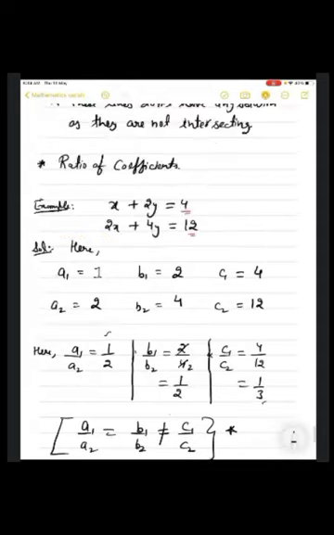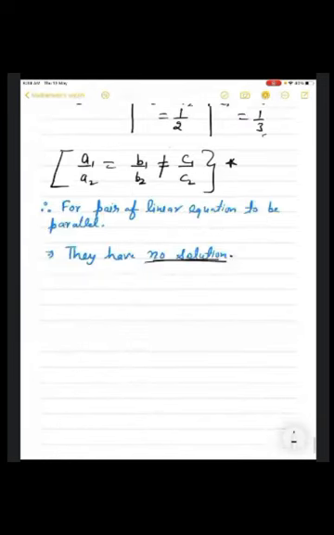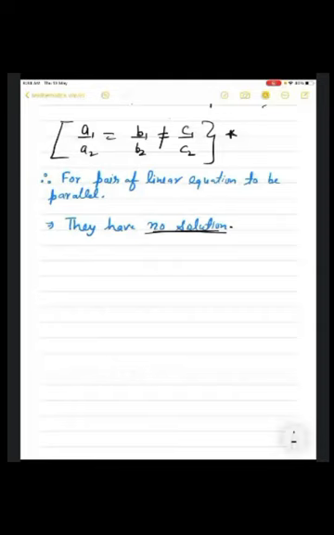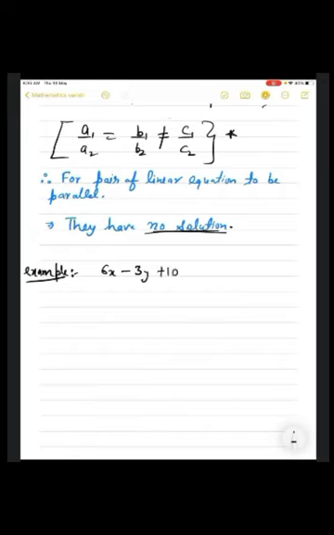So I'll be giving you another example. Just tell me whether you are now through with all three conditions. Are you able to see all the three conditions? Can we discuss one example? Just see the coefficients and tell me what kind of graphical representation this pair of linear equations will have. See and check, and you have to observe it. Don't try to calculate it now. You can do it easily by just observing. Tell me quickly.